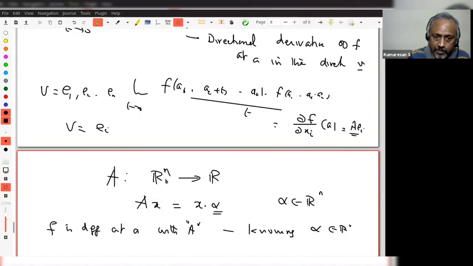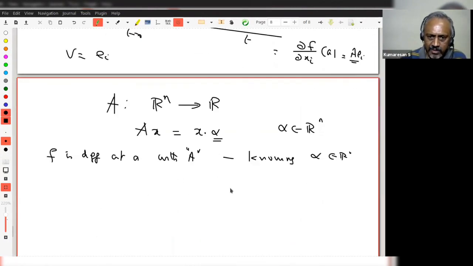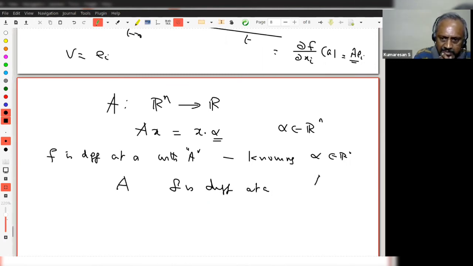Notice that A is a map from Rn to R, but alpha is a vector in Rn. So how are they related? Ax equal to x dot alpha for every x in Rn. Do you understand this? Okay. Now let me give a notation which I have not given. If f is differentiable at A, then there is a linear map A. This linear map is unique. You can see a proof in my article, but you can skip it. When you come to the final year BSc, 6th semester or the first year MSc, you can go through that proof. For the time being, we assume such an A is unique.